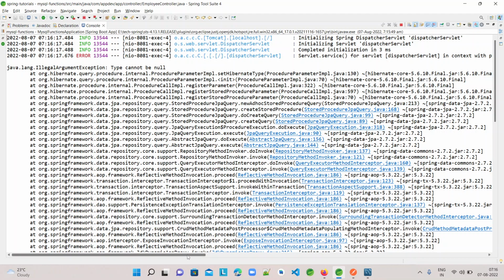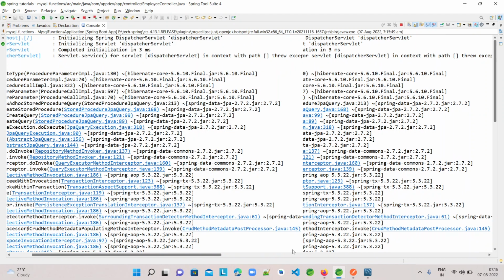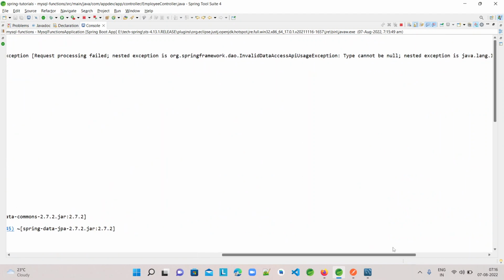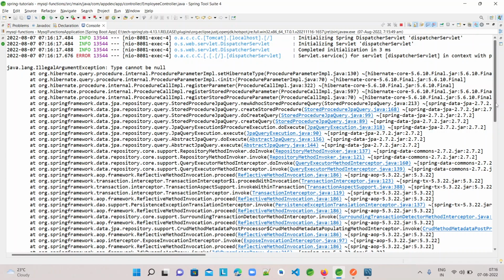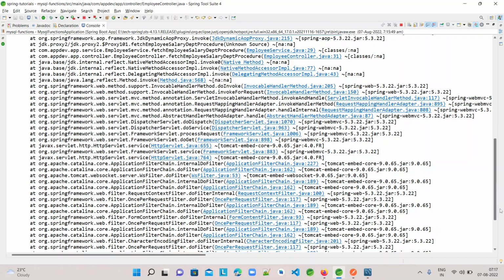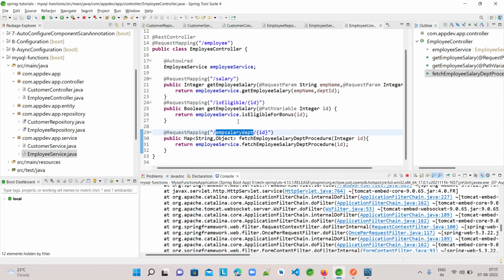See, whenever we see this kind of error while invoking a stored procedure: invalid data exception, nested exception, illegal argument exception with root cause, type cannot be null. So while we invoke a stored procedure, we have to specify the types of the parameters,